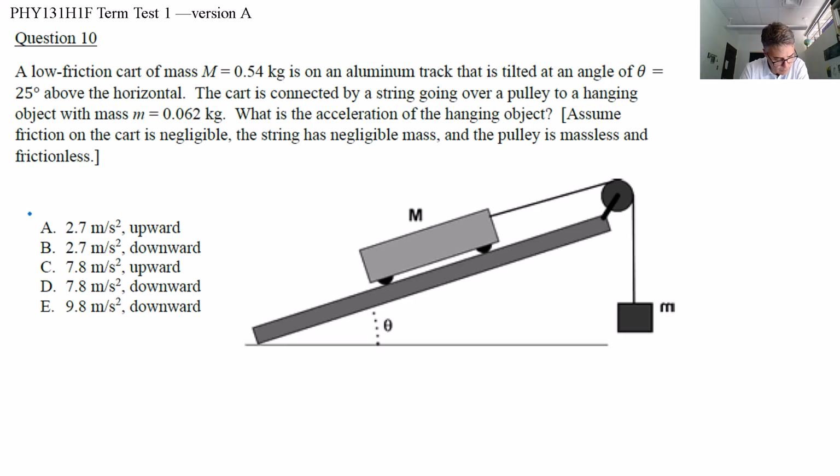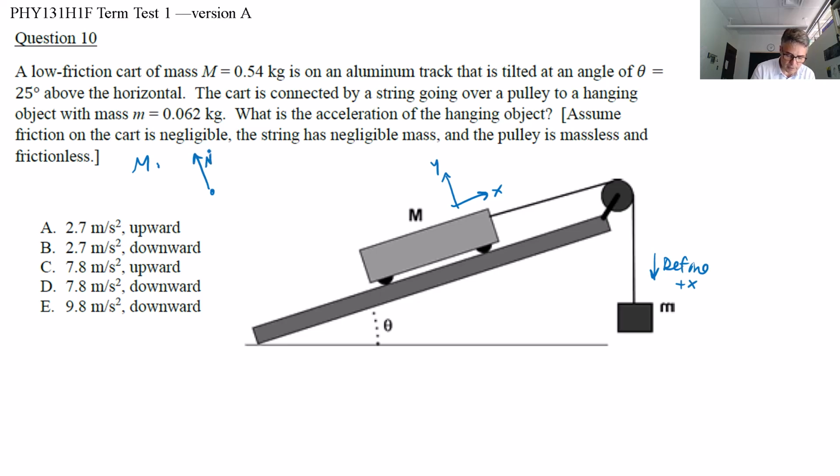at an angle of theta is 25 degrees above the horizontal. The cart is connected by a string going over a pulley to a hanging object with mass m equals 0.062 kilograms. What is the acceleration of the hanging object? Right. So what I'm going to do is define plus x is down for this one, and then x is up for this one, and y is up for this one. And we did this quite similar in class, but the M force diagram is going to have